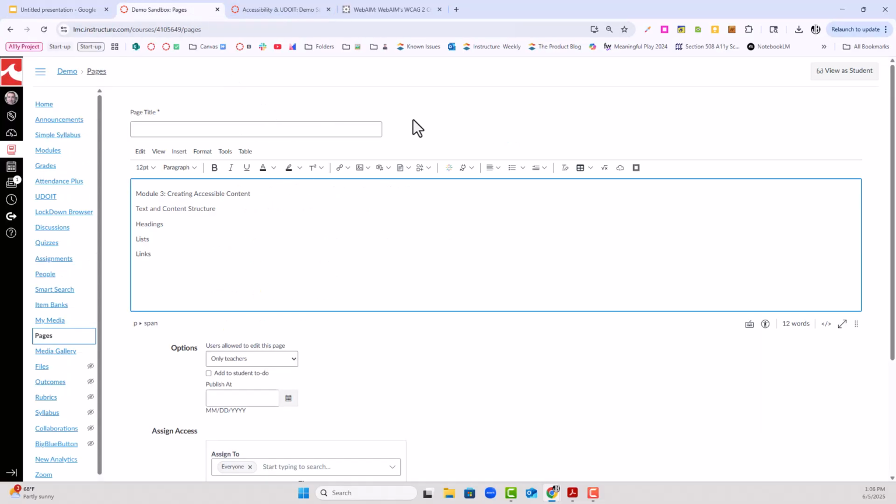So I had already typed this content into our rich content editor. And sometimes in order to differentiate what is a heading and what is not, we want to go with what we've always done and just make it bold or underline or change the color. It's not to say that you can't do that. That is good because it gives students that can see a visual key as to when we're breaking things into smaller pieces. But what we want to do is go up here to where it usually defaults to paragraph,